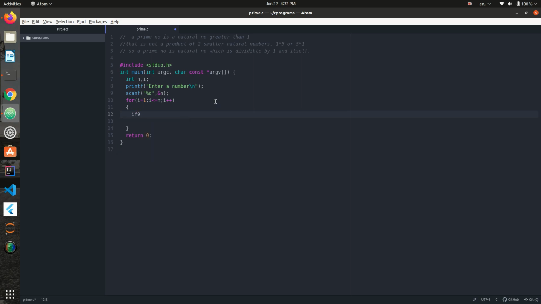So suppose I'm iterating through 1 and i goes up till n. So suppose the number is 7, then I will start from 1 and go up till 7. If n mod i is equal to 0, then our number is divisible. Then we have an i by which n is divisible. In the first case it will be divisible, so remainder will be 0, because the first time i will be 1. So if n is 6, then 6 mod 1 is equal to 0, 7 mod 1 is equal to 0. So in that case we'll just increment a counter,